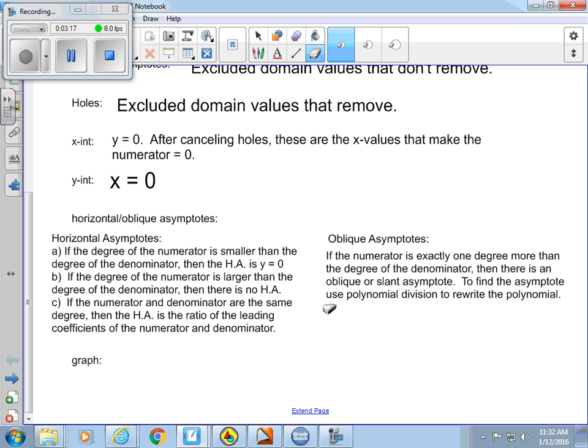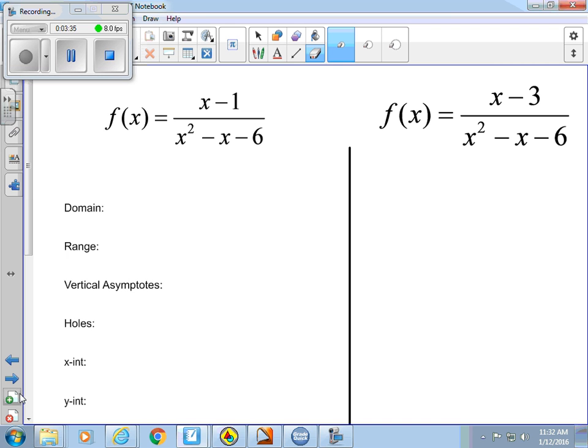Oblique asymptotes or slant asymptotes happen when the numerator is exactly 1 more than the degree of the denominator, and you find that by dividing out the polynomial using polynomial long division, or in special cases, synthetic division. And that's how you find the slant asymptote. So,